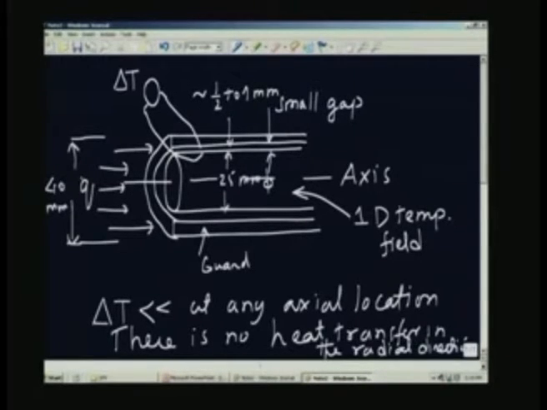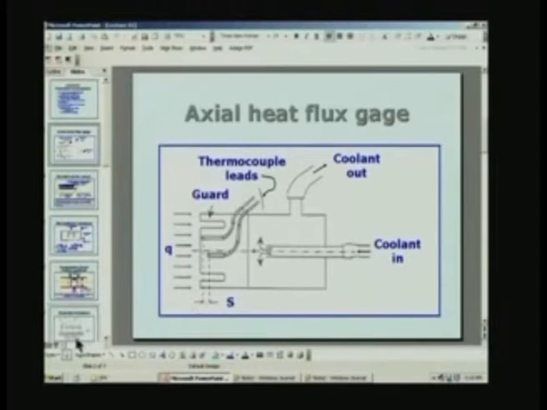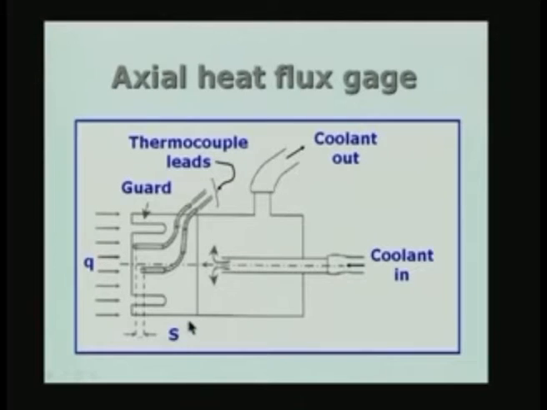So, let us go back to the axial heat flux gauge, schematically I have shown here. What I am going to do is measure the temperature difference between two locations, one close to the front surface of the probe, the second one at a distance away from the front. Therefore, there is a small spacing between the two thermocouples. These two thermocouples are going to record two different temperatures, and therefore, there is a temperature difference across them. This is what I am going to measure. So, the gauge output is nothing but the differential thermocouple reading.